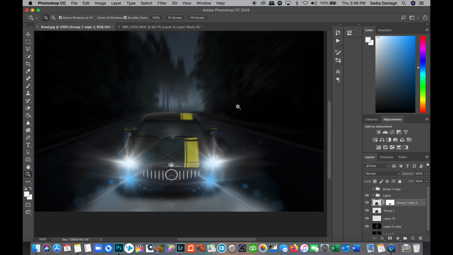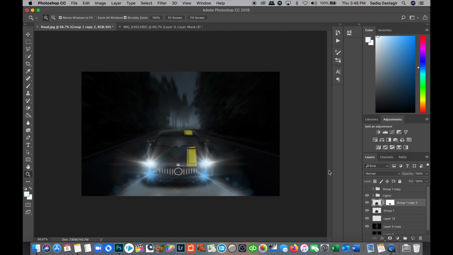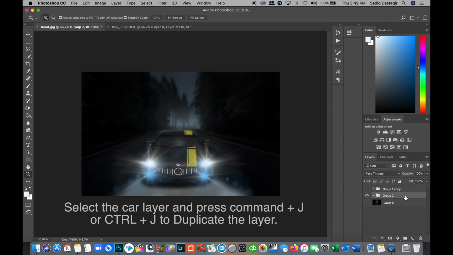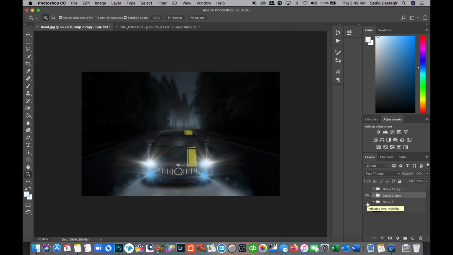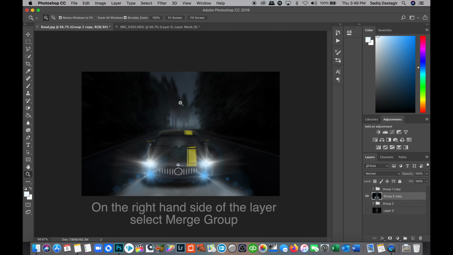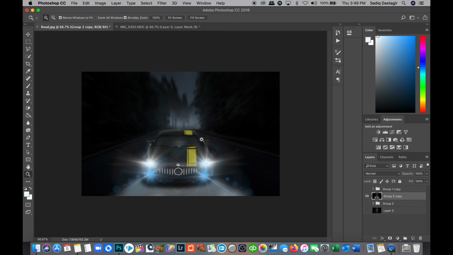Now let's give it a bit more color grading. So what I will do here is select all these layers, and press Command G. I create another group duplicate by pressing Command J or Control J. Let's switch off the layer below because we want the previous group intact. We need a single layer now. Right click, come a little to the right-hand side over here and select merge group. Now this all has become one single image.